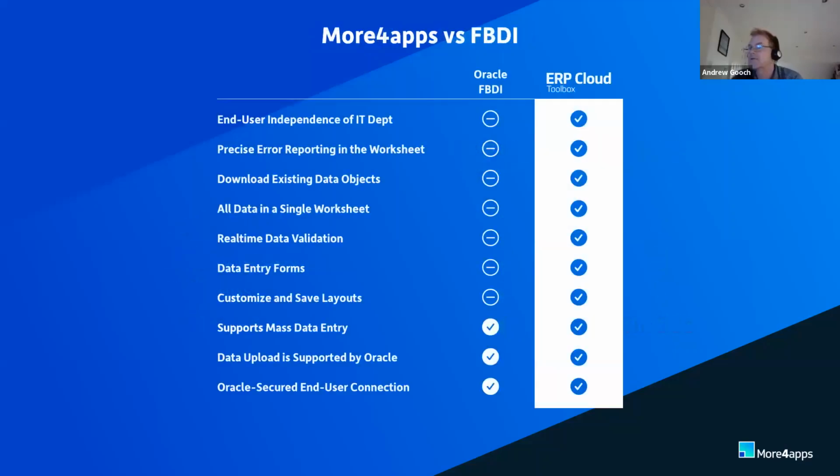And then the general comparison is quite revealing too. And we've touched on most of these points already, but it is interesting to see them side by side. The More4apps tool,